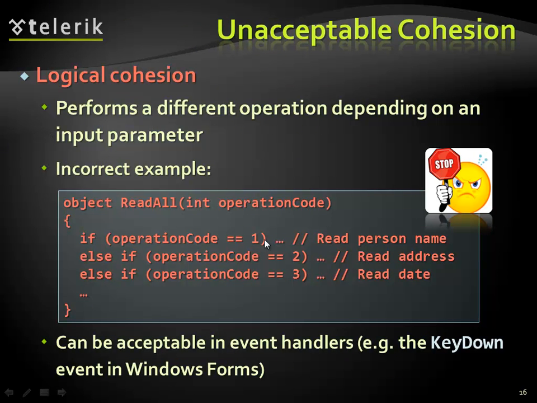A bad example is when your method is trying to do tasks which could be related to each other, but they are separate tasks which are completely different from each other. Of course, there are reasons to write a method that will process the input and act according to it in different ways, but this should be kept to a minimum. So in this case we have